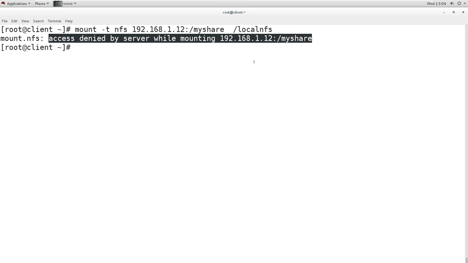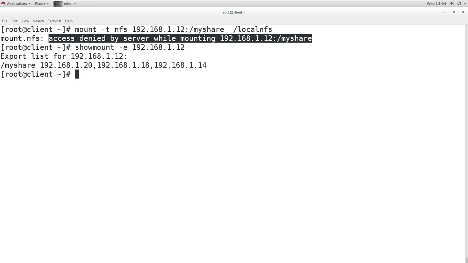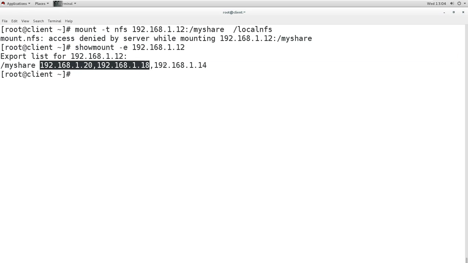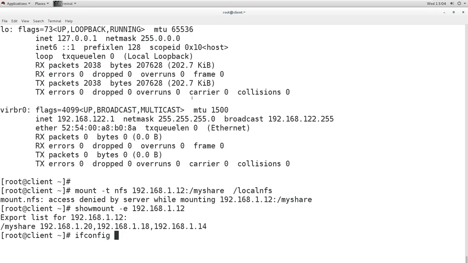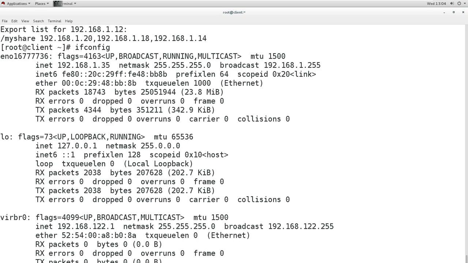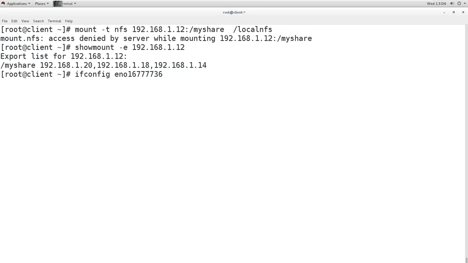So why does it get access denied? Because it does not have permission to access. Only those machines which are in the list are allowed, and those which are not in the list are not allowed. Now I will change the IP for this machine first. ifconfig, the interface name is this, and I will put one of the IPs which is allowed.